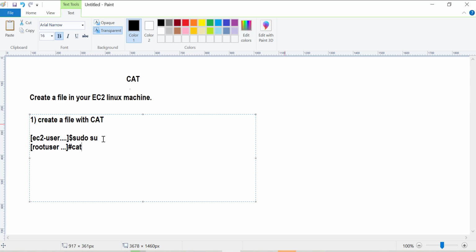Now with the help of the cat command, you need to ensure that everything is written in small letters. If you write it in capital letters, you will not get the proper output. You might get an error in this command line. So just avoid writing in capital letters. 99% of the commands are in small letters. After that, you just need to write the file name. Let me put file1 as my file name. This will create a new file with the name file1.